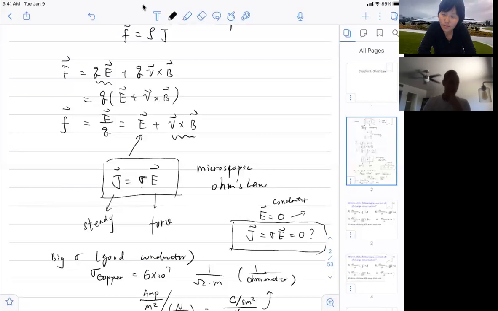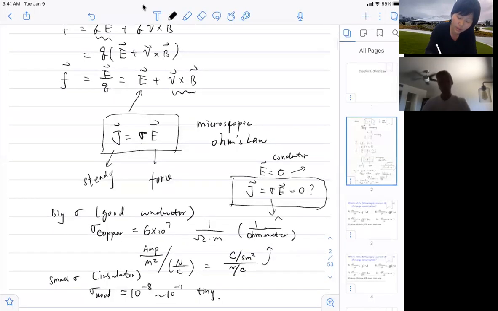I would say no, because your charges are now moving. You must have an E field from the battery in order to drive the charge in the first place, yes. And what I want to show here by microscopic Ohm's law is that because it's a conductor, it has a very large conductivity. For example, you can view sigma as almost infinity, very, very large. So even with